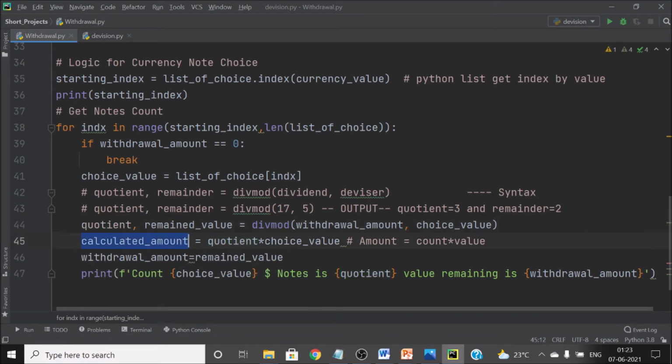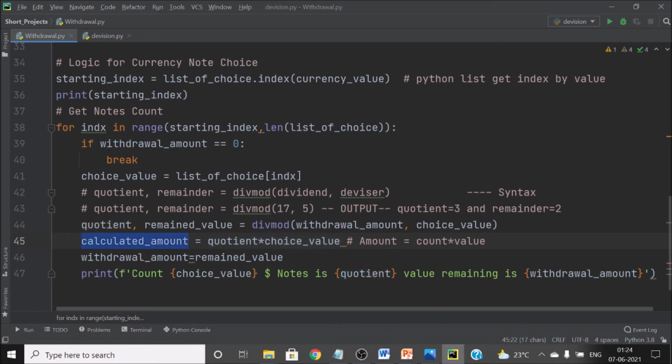So now how much amount is covered? The amount covered will be choice into quotient, so my choice is 500 and my quotient is 10. So how much amount is totally covered? 5,000.